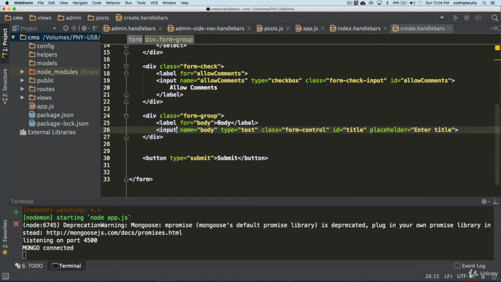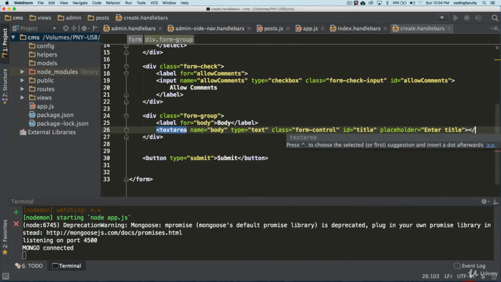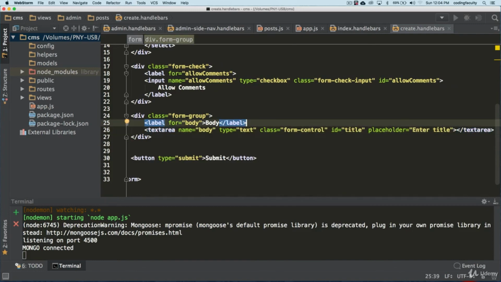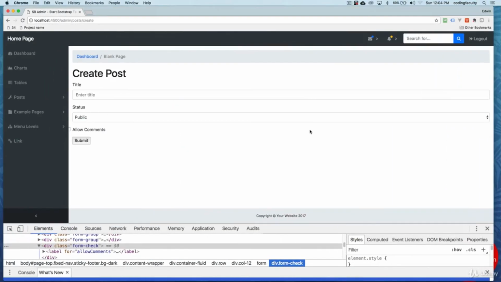And you know what? This is gonna be a textarea. So let's just delete this and make it a textarea. Make sure that you finish that there, okay? And form-control should be okay for that. Let's see how that looks.